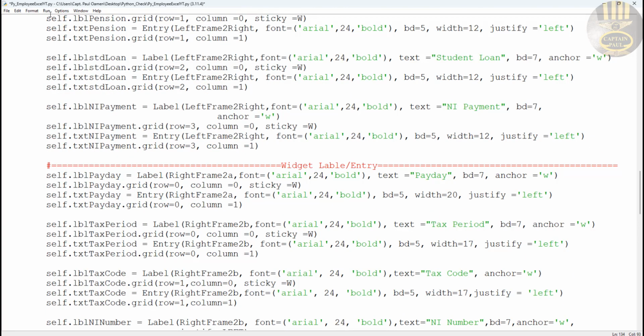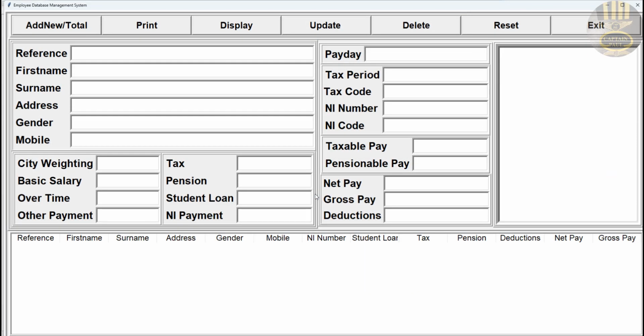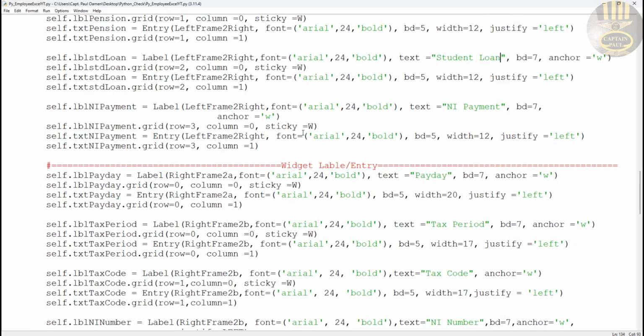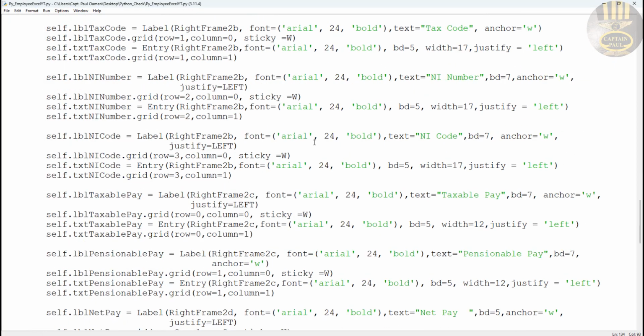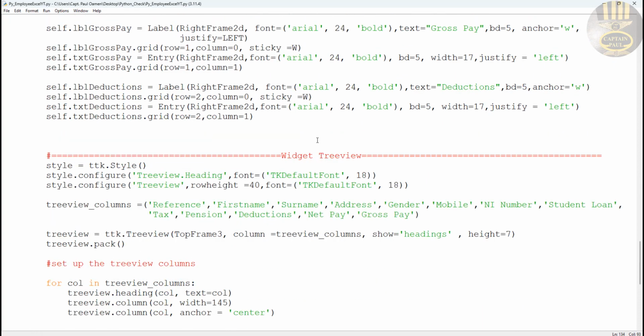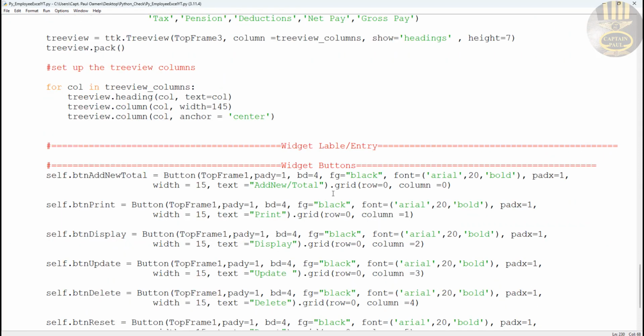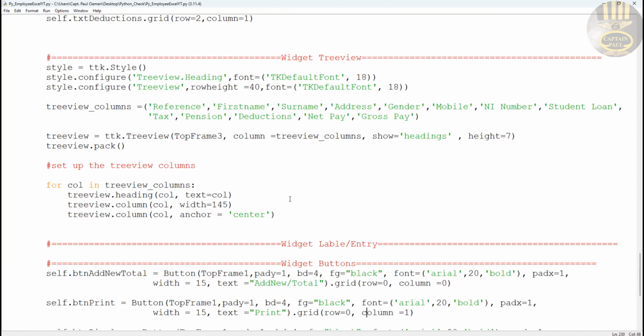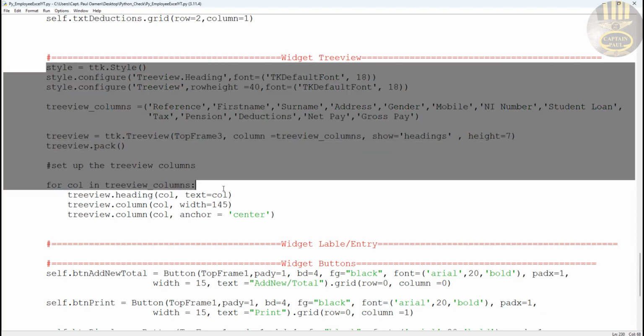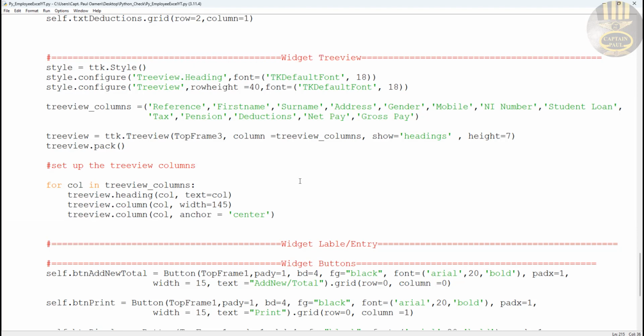All right, let me save it first and run it. There. Okay, now it's back to normal. So let's go back to the tree view. So back here now. Now the next thing I want to do with this tree view is I want to be able to display